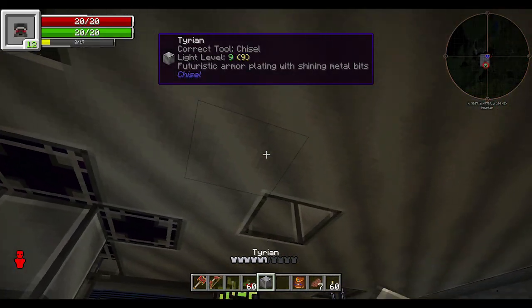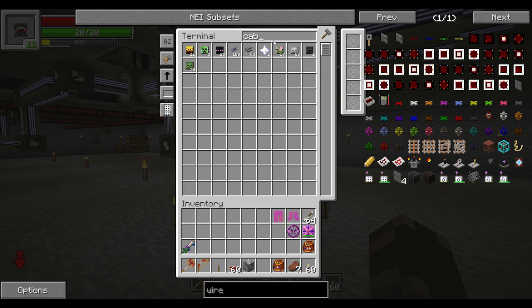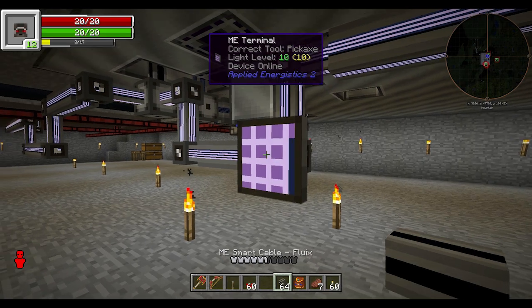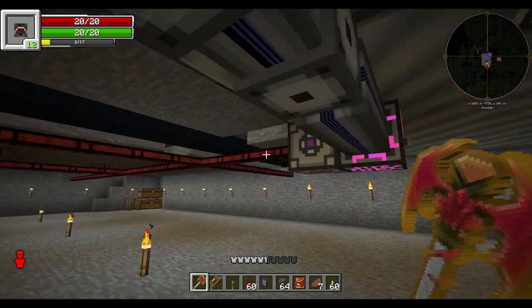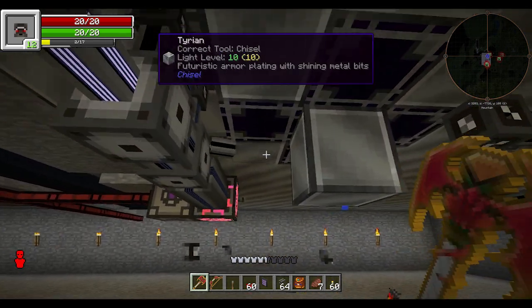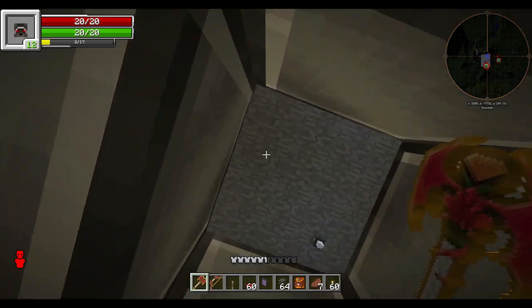Alright, so we're going to have to reroute some of this stuff. So let's go ahead and get some cables. I've got plenty of smart cables. It's not going to be a problem. Let's go ahead and break this. Okay, like so. And we're also going to need one more thing,